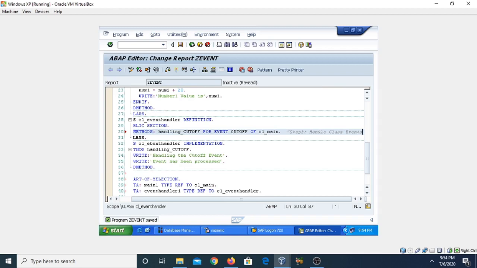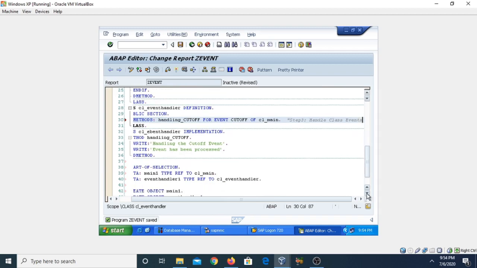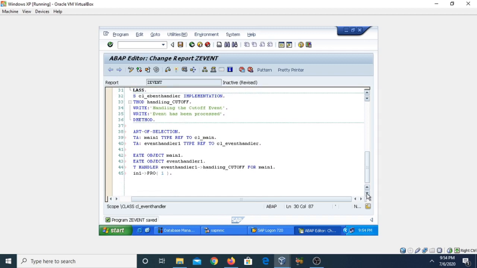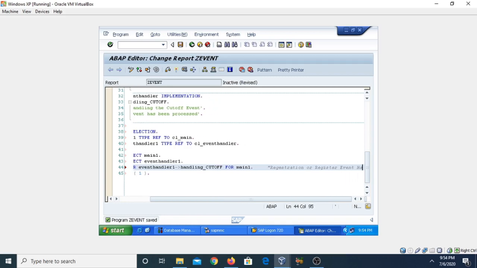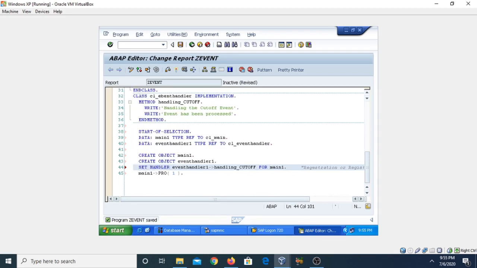Now step number 4 is registration, or you may say register event handling. So these are the 4 steps that are used for implementing events in either local classes or interfaces.